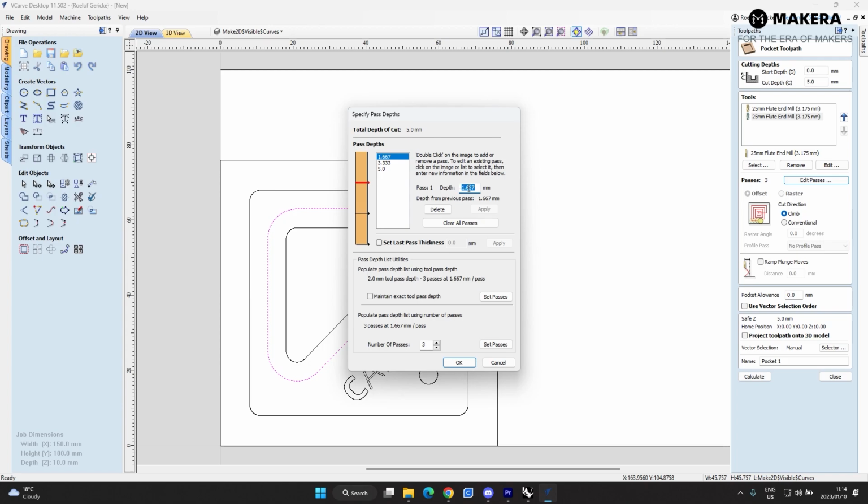I know that with this bit and this material, which is the tooling board, I can cut at about 3mm. So if we lower this passes to, if it's 1 pass, it's going to be 5mm. If it's 2 passes, it's going to be 2.5mm per pass. So that seems good to me. We're gonna hit